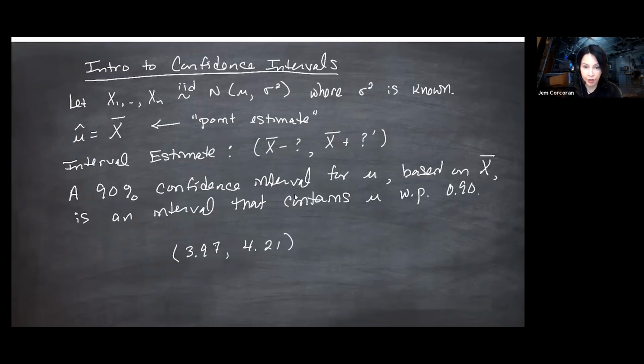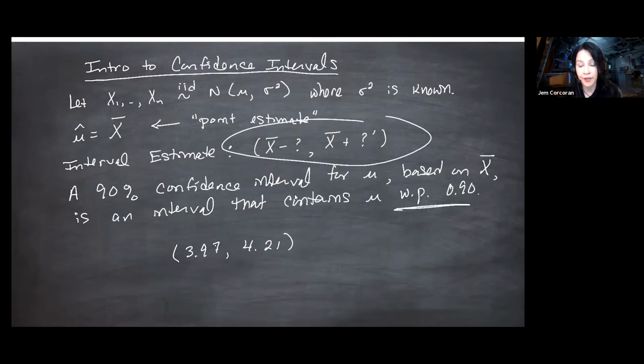So if you see a confidence interval like that, which is already realized, it's already a number, the randomness is gone, then this with probability statement is meaningless because the true mu is a fixed number and it's either in there or it's not in there. It's a probability 1 or probability 0 statement. But when it's still random, when we leave it in this form, where x bar is a random variable, we can talk about these probabilities. So again, in a data-oriented course, they're going to say it does not mean you are in there with probability 0.9, but that's because they're likely talking about numbers.